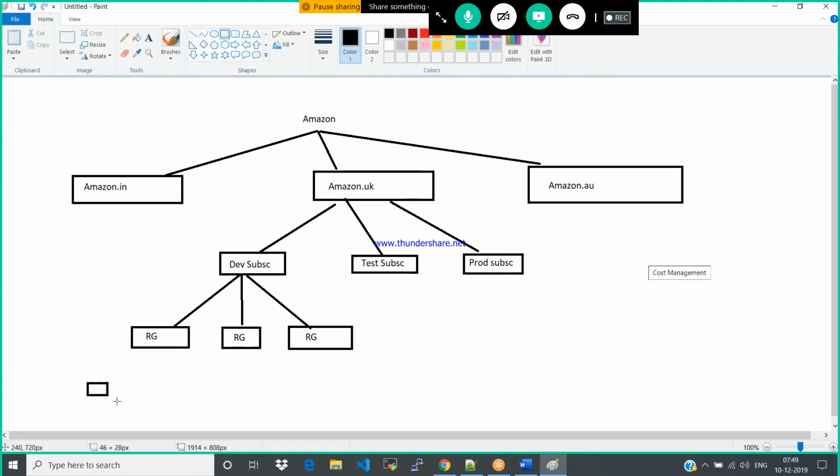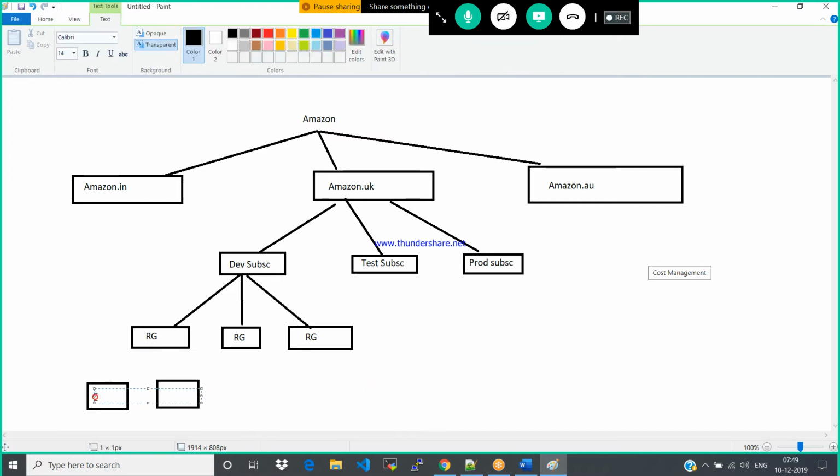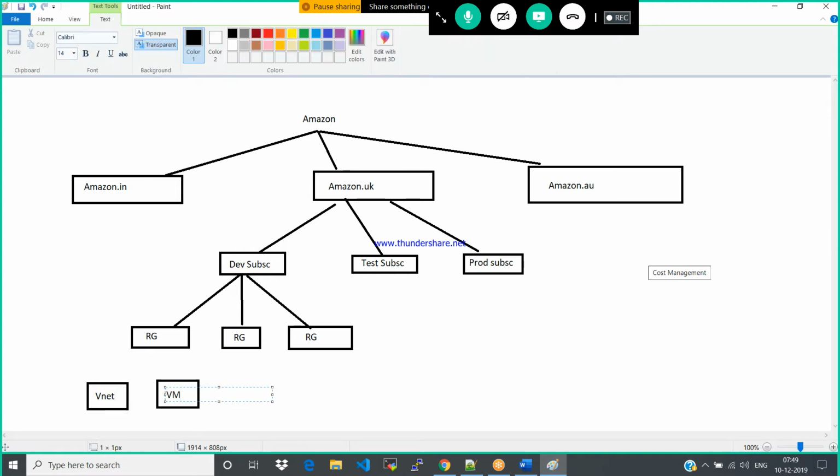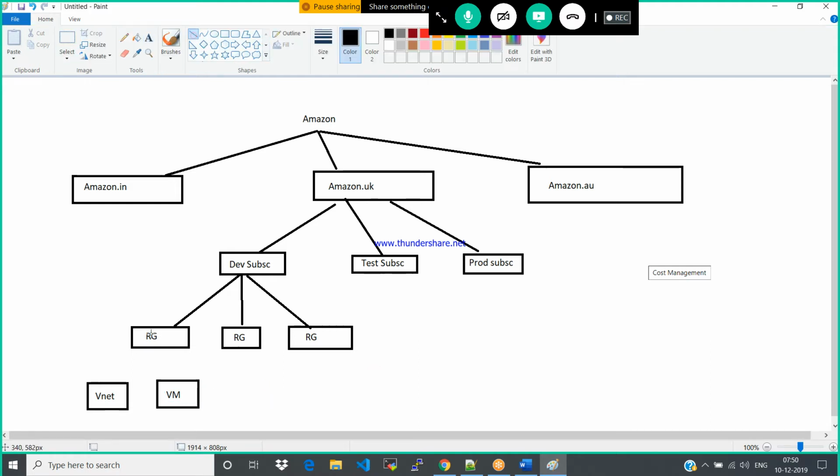Under the resource groups, you might have the resources, that is the VNet, VM, and so on. However many resources you want to deploy, you can deploy. This is the standard format. This is the recommended way to deploy your services.